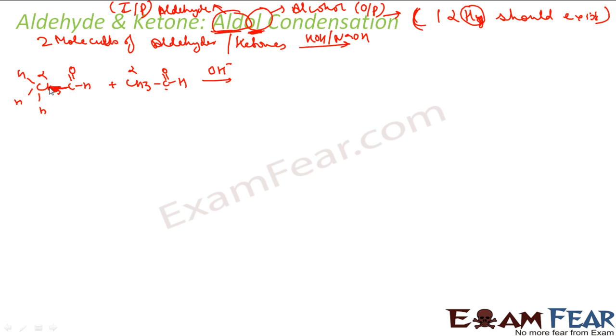So it will attack any other alpha hydrogen. Let's assume that it attacks this alpha hydrogen, correct? Why? Because it is acidic, correct? So what will happen is it will attack this alpha hydrogen and take it out. So this will develop a negative charge, correct? So we'll have this CH2 with a negative charge